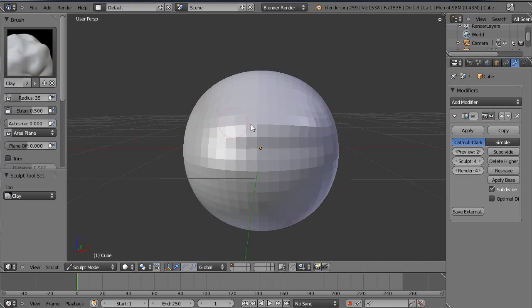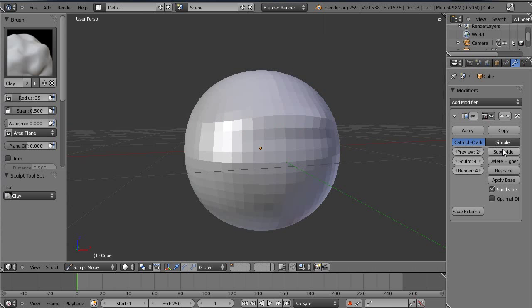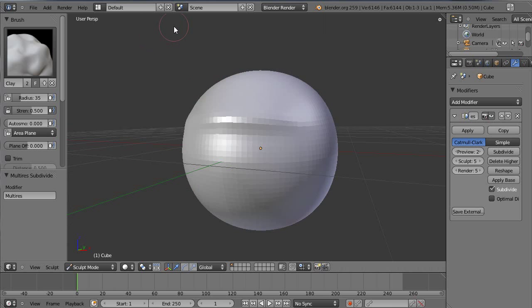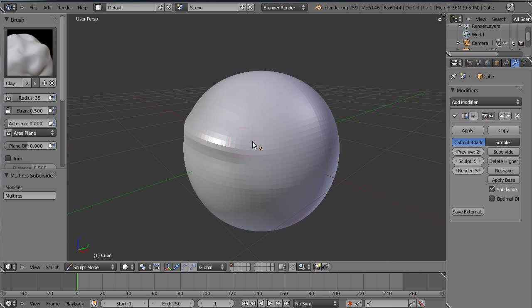Generally you want to sculpt on the lower level and then subdivide higher, and then sculpt. What you don't want to do is go down a level when you're sculpting, change something on a lower level and then go back up, because it's not going to work that way. It's going to cause you some errors. Try it yourself if you want to see what happens, but it does cause some funky stuff.